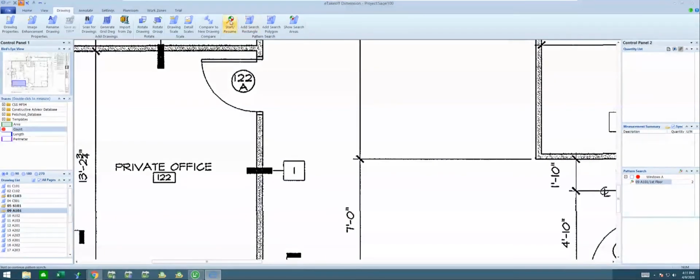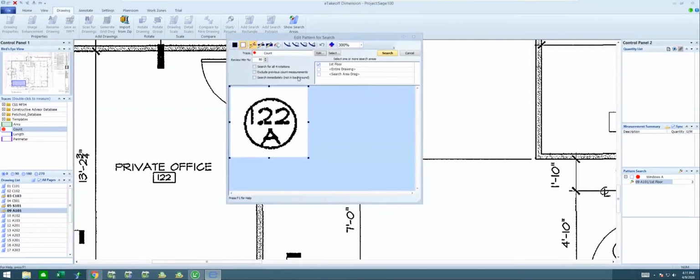And if I wanted to, I'd say, okay, let's do another search area on this object here, and same type of thing. I might do a circle, and I probably don't need all 4 rotations. So I might go in and take the reference out of the center. Now, you could also be measuring linear footages, square footages, those other types of things as it's doing the search in the background. So it's still looking for those windows as I'm cleaning this up.